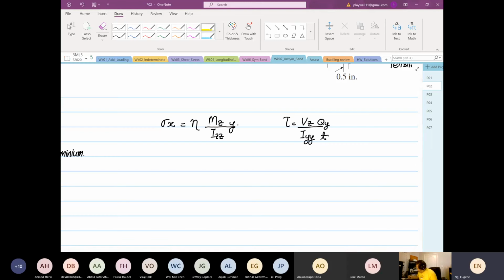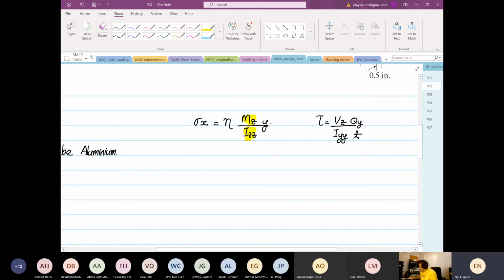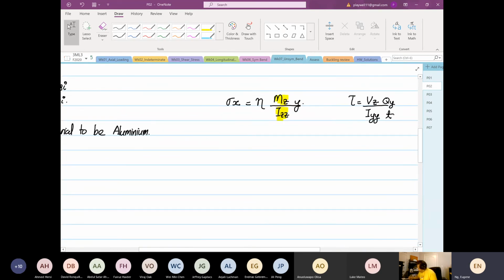Direction, right? If the moment is in the Z direction, you have to use what? IZZ, okay, multiplied by Y. So it is different. So now the thing is this: what is this IZZ? In order to calculate IZZ,